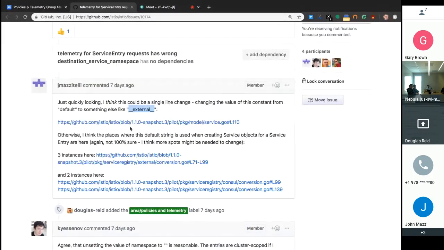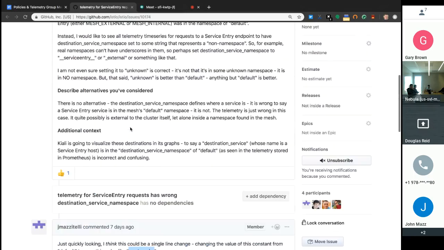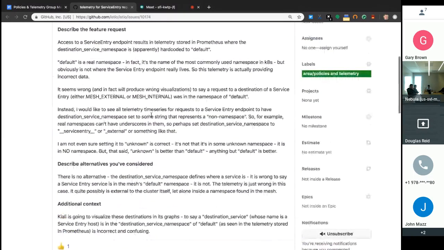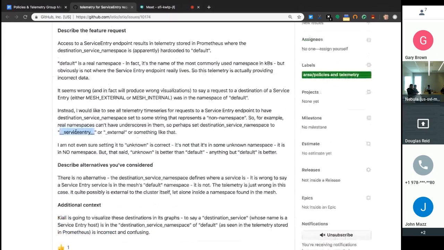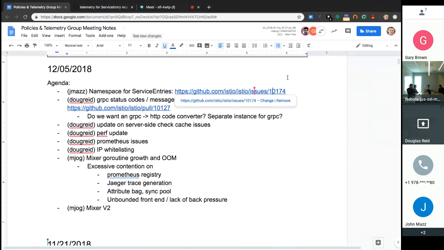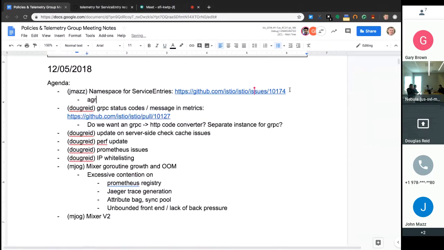But the reason I don't like external anymore is because it says a specific thing when we actually don't want to say anything specific. We just want to say that, okay, there is no namespace involved here. Yeah. I think my example, external, let's throw that away, because even the service entry could be mesh internal. Mesh internal, correct. Right. So get rid of _ external, but just make it something. Okay. So then I would say __ cluster or mesh or something to that effect would be